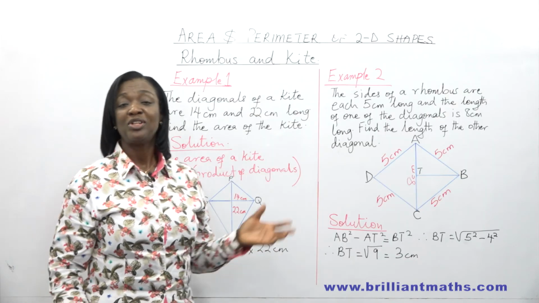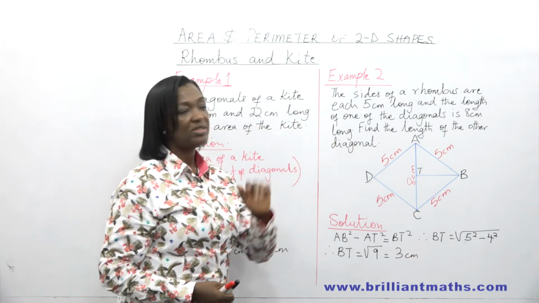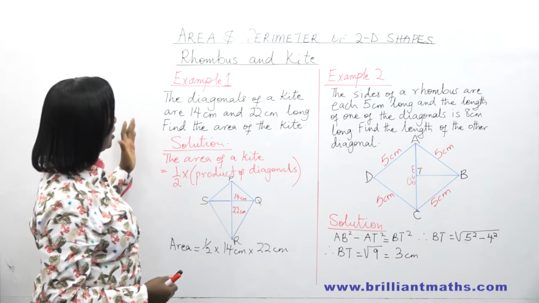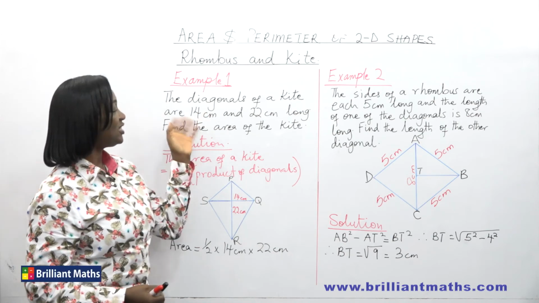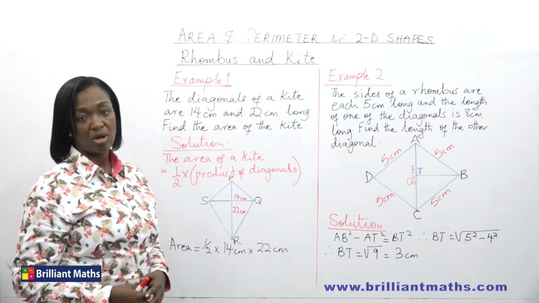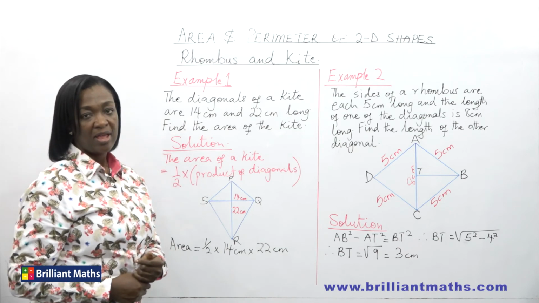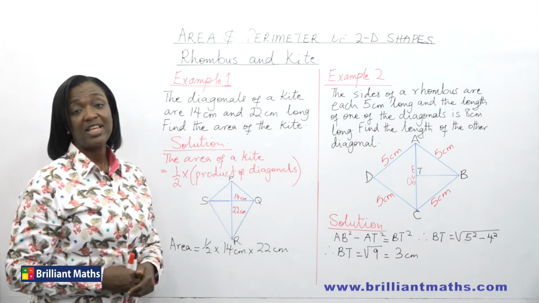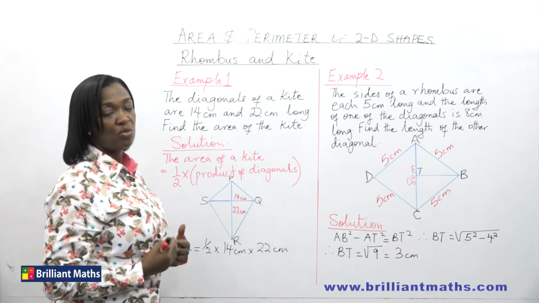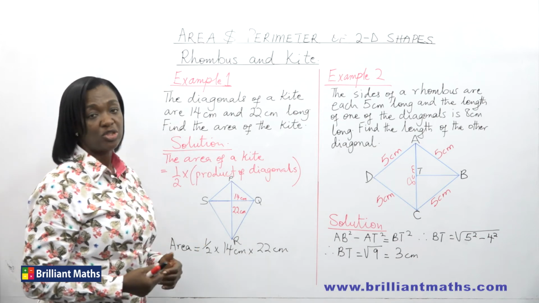In this example, we want to learn how to calculate the area of kites and rhombuses. All right? We have a kite in example 1. The question says the diagonals of a kite are 14 centimeters and 22 centimeters long. Find the area of the kite. The area of a kite is half the product of the diagonals. So once you know the length of the diagonals, you multiply them and divide by 2,